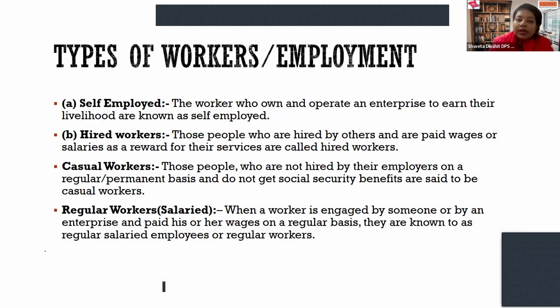They're all self-employed, whereas the hired worker is the one who is working for others and is receiving salary or rewards in return. Now, the hired workers are of two types. One is the casual and the second is the regular. This is very important, children. You should remember. The casual workers are all those workers who are not permanent and their income again is not permanent or is not matching as per the social expectations.